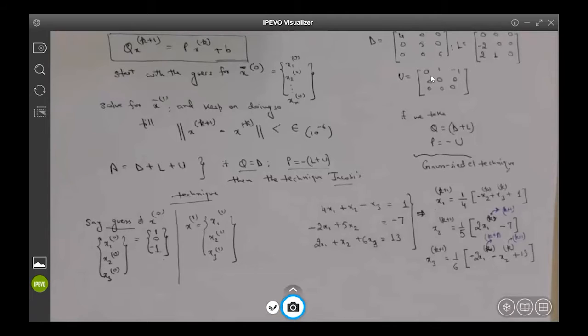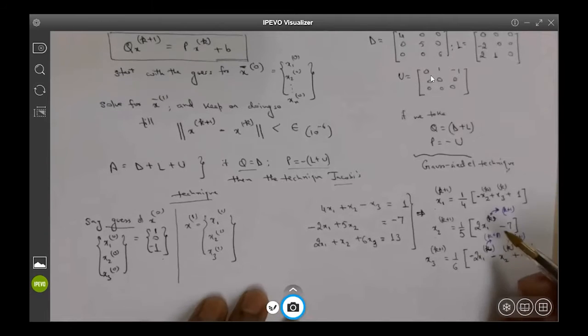Does it make sense to you guys? Yes, Professor. So this technique is faster than the previous one. It will be faster in convergence. You will converge to the actual solution faster because you are taking current values of the components which